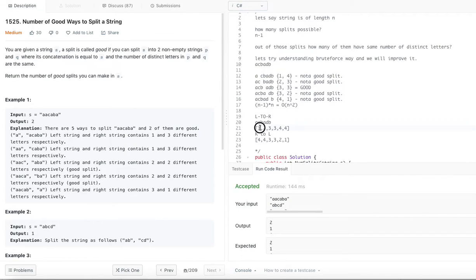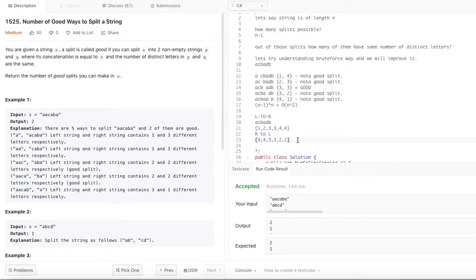So left is here, that is 1, and right is here. 1 and 4, are they equal? No. And move on. 2 and 3, are they equal? No. 3 and 3, yes, they are equal. So the number of ways we increment by 1, good. And 3 and 2, are they equal? No. 4 and 1, are they equal? No. So that's how we are able to identify.